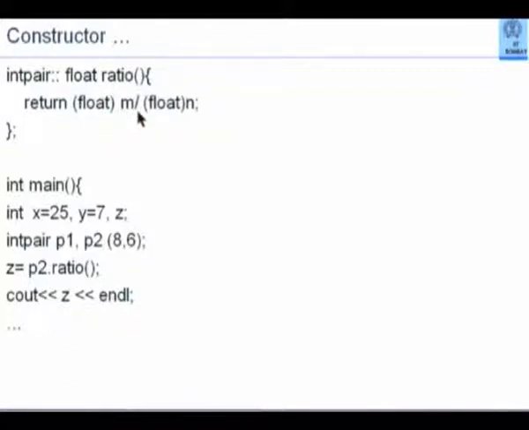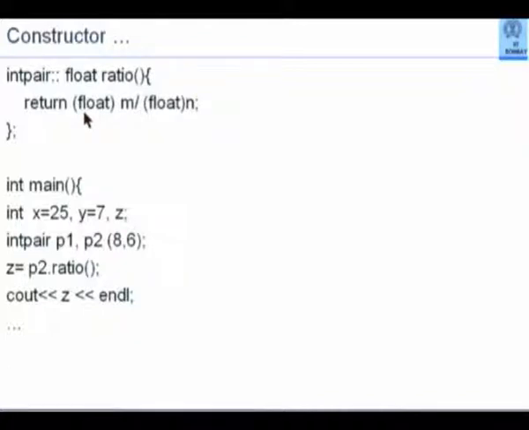Notice that if I just said m divided by n, what would happen? I would get an integer division and the return value will be an integer. Since in general, integer divided by integer could result in a fraction, we have decided to return a floating point value as demonstrated by this word float here. And therefore, we typecast m and n independently into float and float. By writing in brackets a type name, whatever value is written to the right of it is changed in its internal type to float.